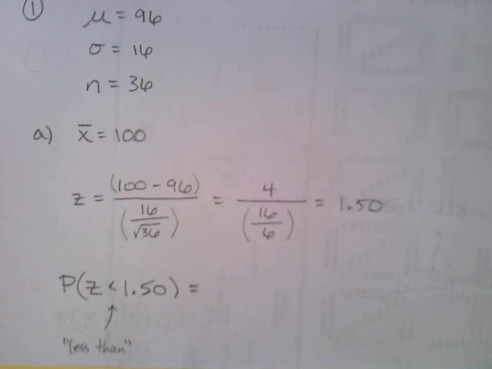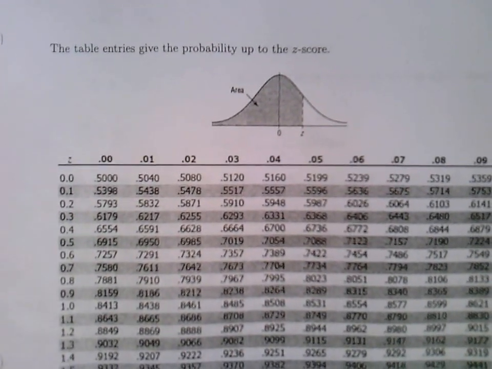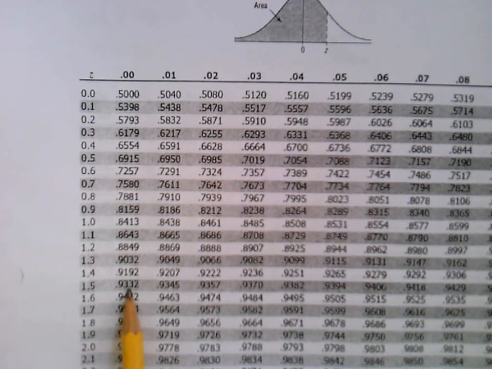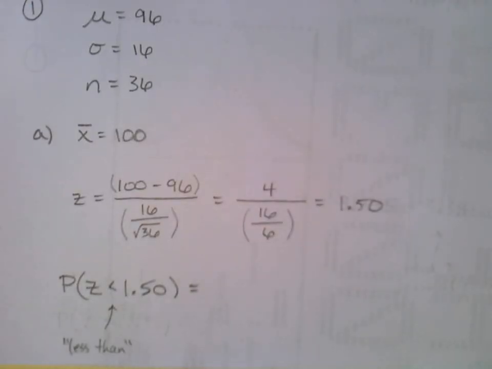Okay, so at this point, hopefully you printed that table of z-scores, the two sheets. If you weren't able to do that, then go back into the Chapter 6 lecture. The last couple pages have that, available for yourself while we're going through these problems together. So I'm going to grab mine, and I'm going to go to the positive z-score side, and I'm going to look up 1.50. 0.9332, and that is my answer.